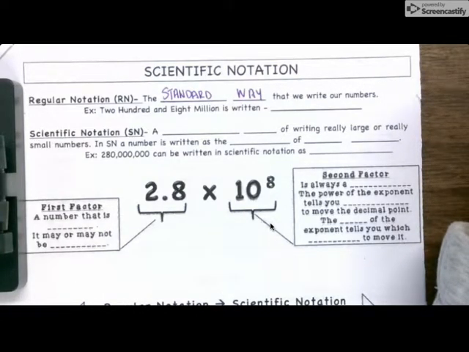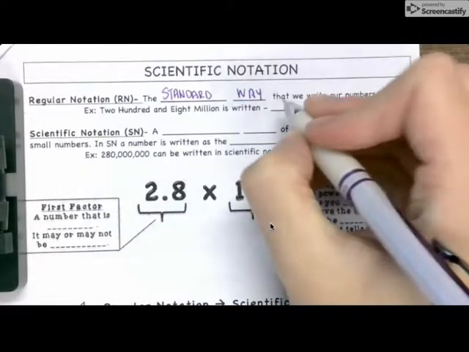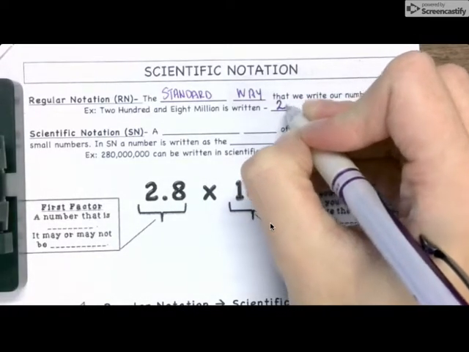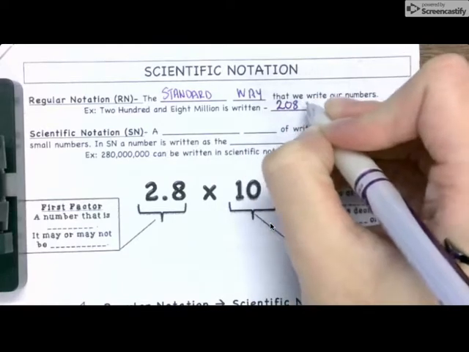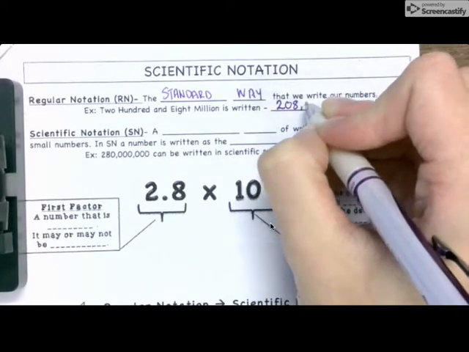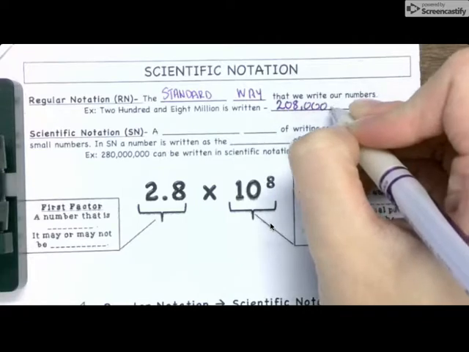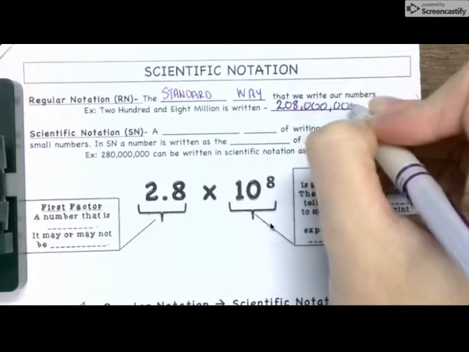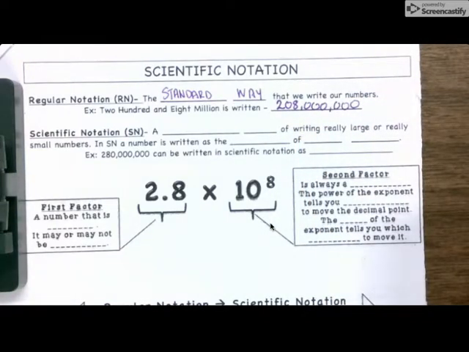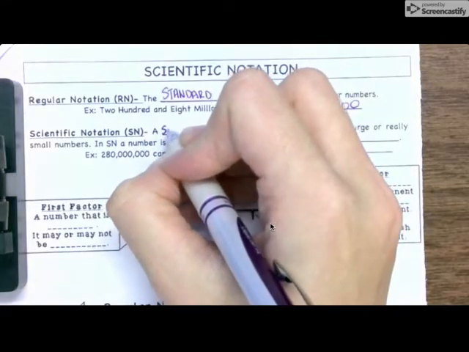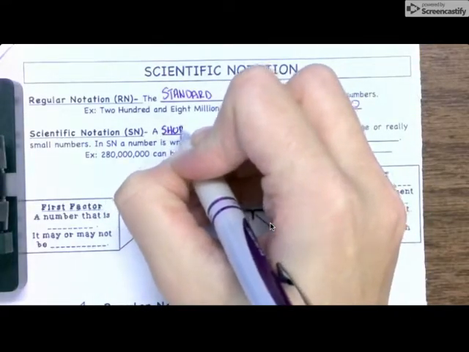Example, 208 million is written as 208 million. Okay? Scientific notation is the shorthand